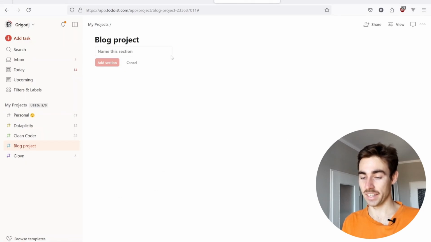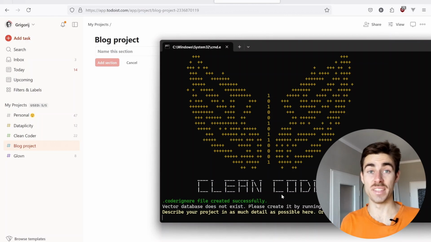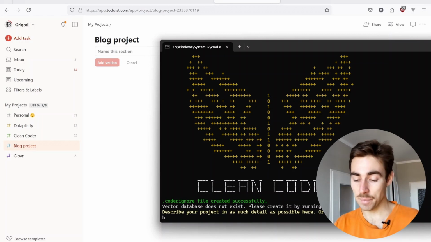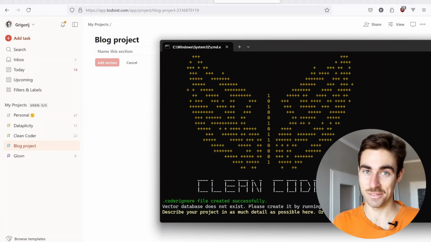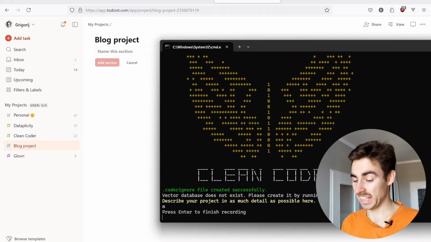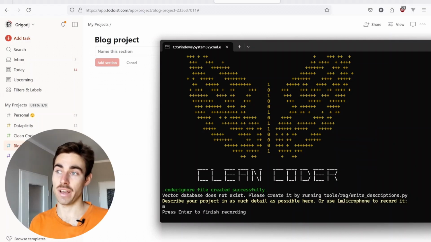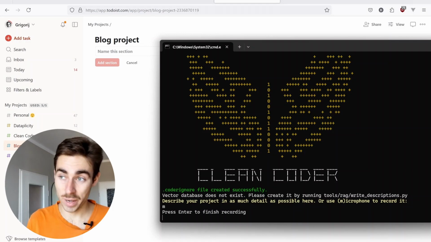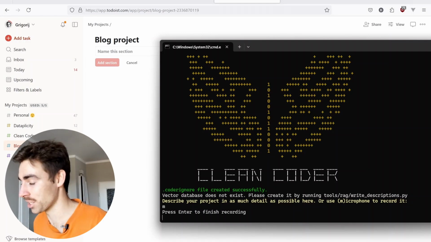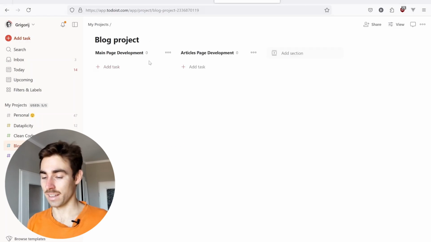We'll be able to create different epics and tasks here. For now, to begin, let's describe the project we want to create. I can type something here, but I prefer to use the microphone as it will be faster. Create my personal blog in Next.js. The blog should contain a main page and a page with articles. It should also have a top strip with buttons pointing to the main page and to the articles page. Okay, we can see that Clean Coder transcribed that, and that he started creating